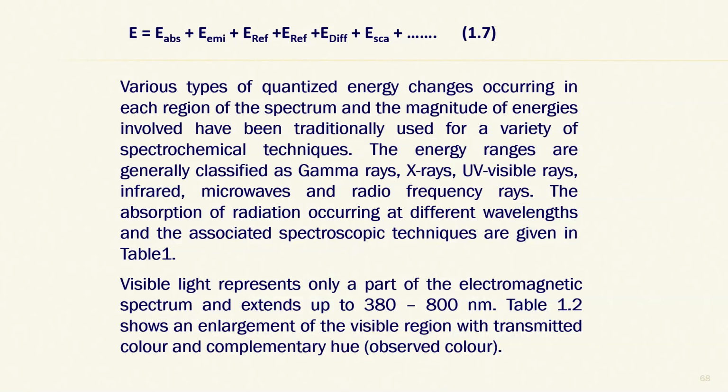So, the sum total of the energy when it is interacting is given by the equation on the next slide, that is E is equal to E absorption. Please look at the slide now. E is equal to E absorbed, energy emitted, energy reflected, energy refracted, energy diffracted, energy scattered and so many other forms of energy, the dispersion. But the sum total of the energy should be the same, because that is the law of conservation of